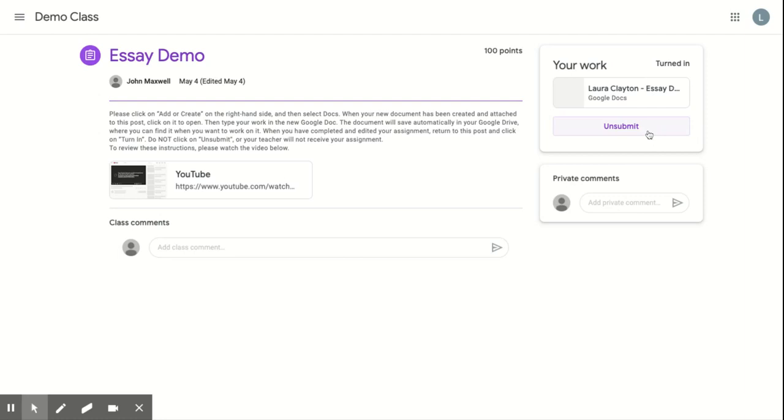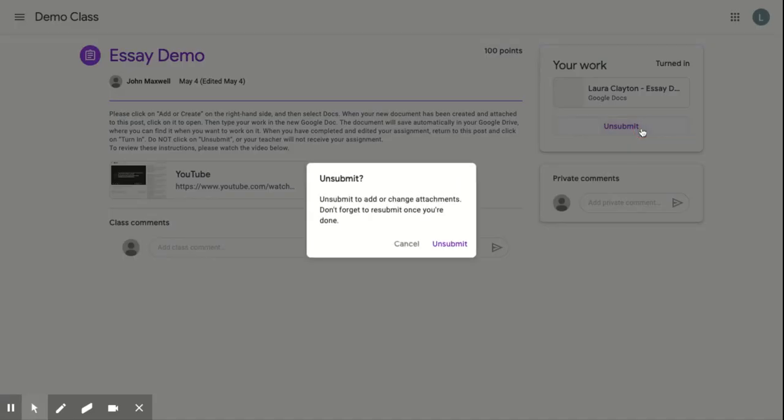Now, let me show you what happens when you click Unsubmit. Do not click this button unless it's an emergency. But when you click it, it says, Unsubmit to add or change attachments. Don't forget to resubmit once you're done. And if I click Unsubmit again,